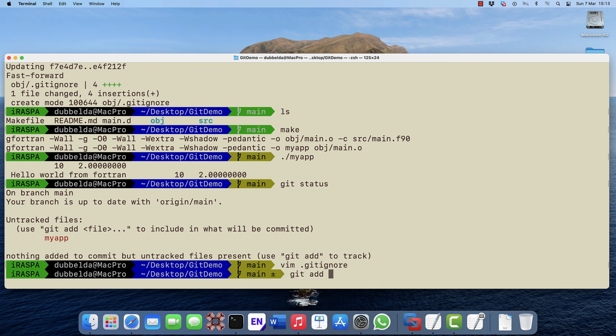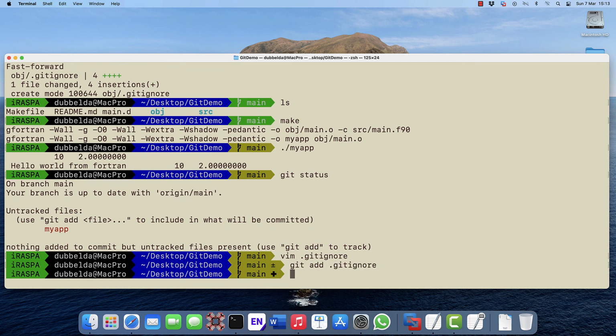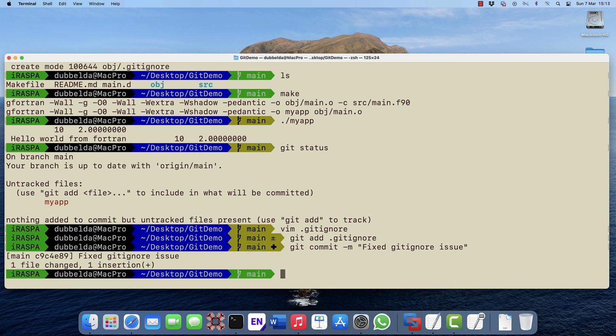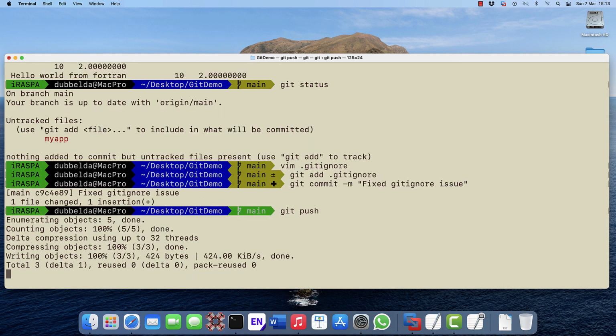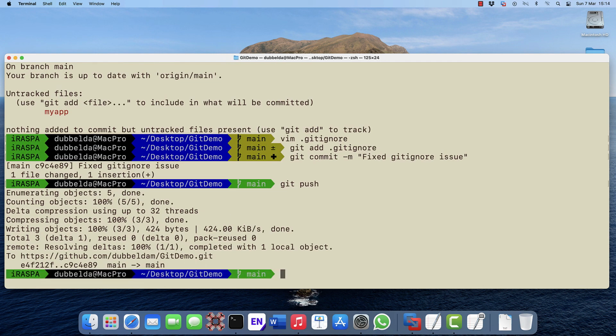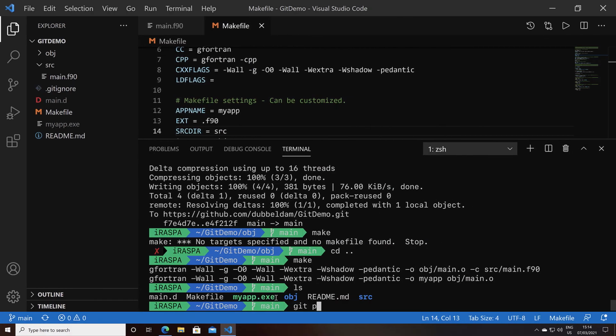But then we need to add the git ignore again. Commit. And push to GitHub. And finally we can do here a git pull.